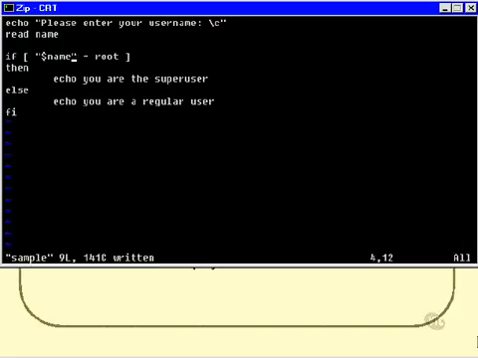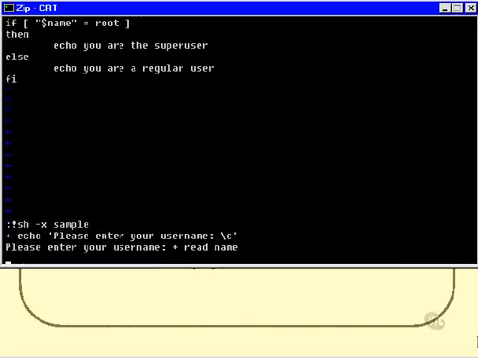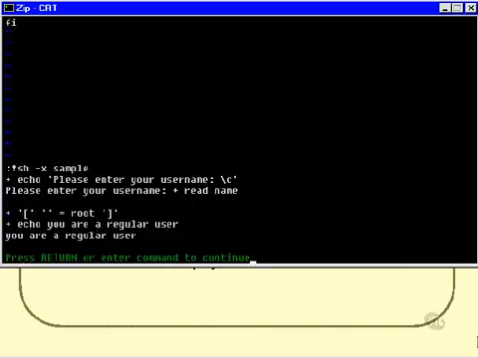And I'll run it again. And please enter your username, press enter. And this time, you can see that there is something on the left-hand side of the equal sign. It's the empty string, but there is something, and so the test program does not have a problem with that. And we don't have any more problems with the shell script,